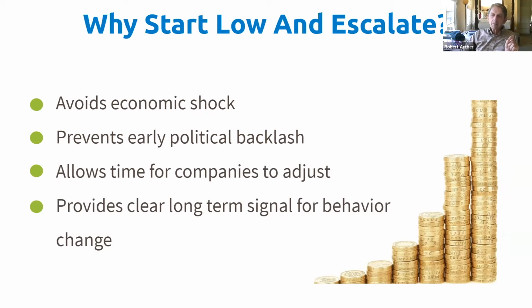It allows long-term planning and economic adjustment by industry and households, and it provides that clear long-term signal to get the largest household behavior response, which is known as tax salience. What is tax salience? It's a field of economic research that shows that people are more likely to change their behavior in response to highly visible and highly salient, meaning it impacts them, taxes compared to their response to traditional market swings in prices like gasoline.